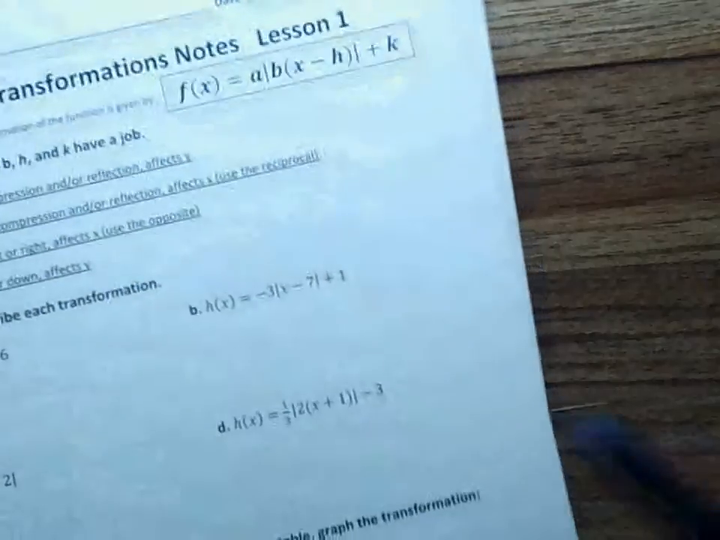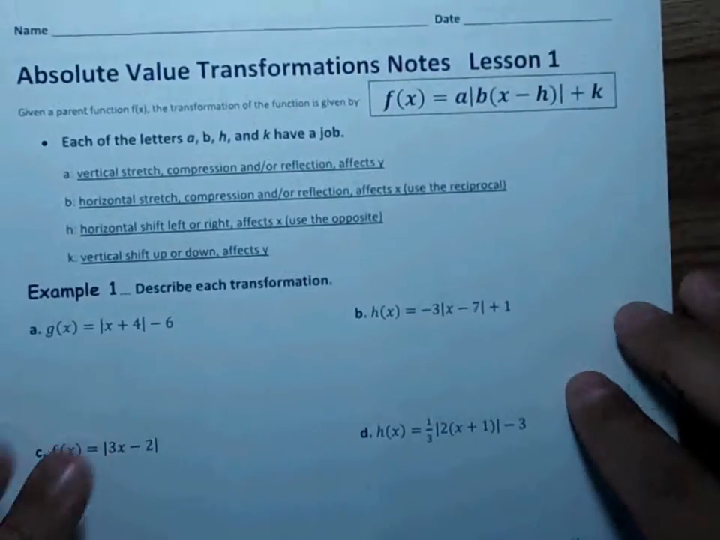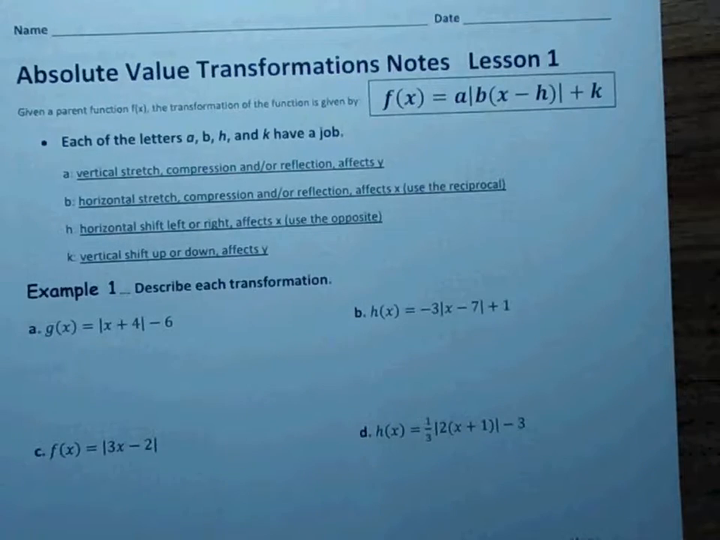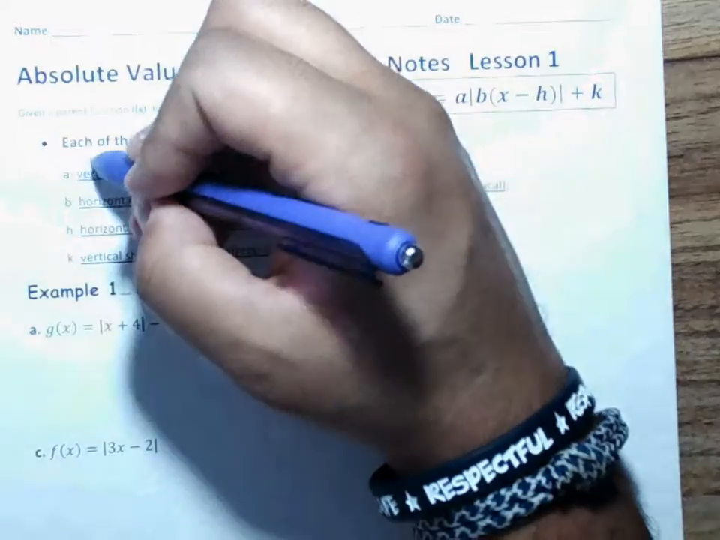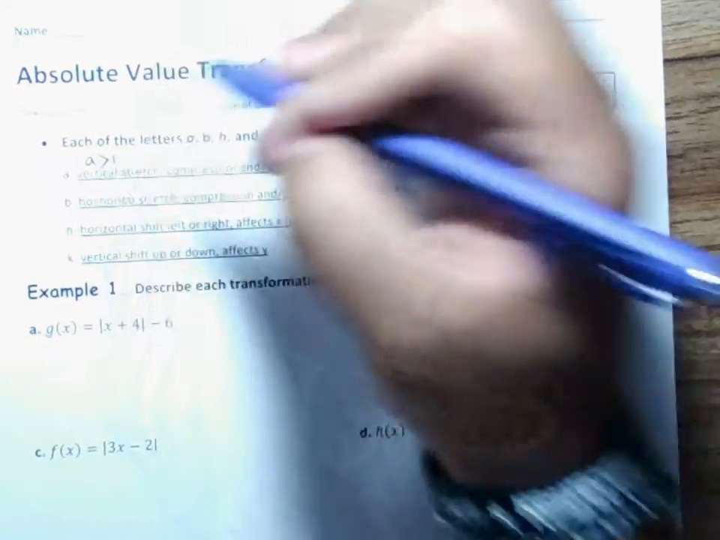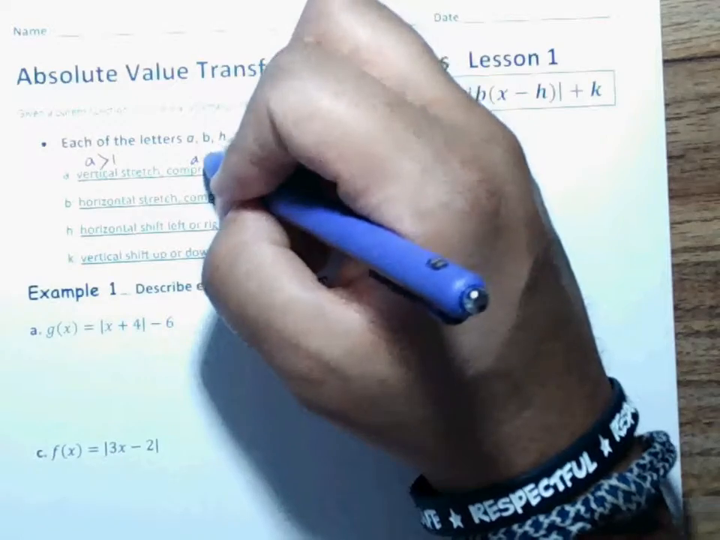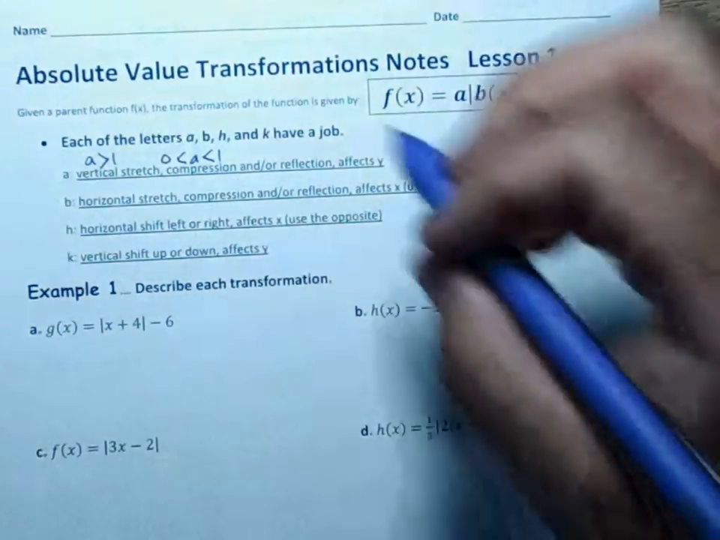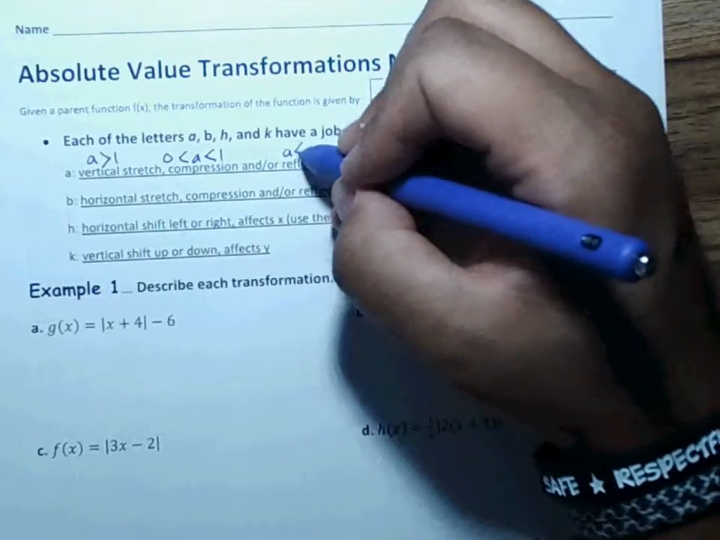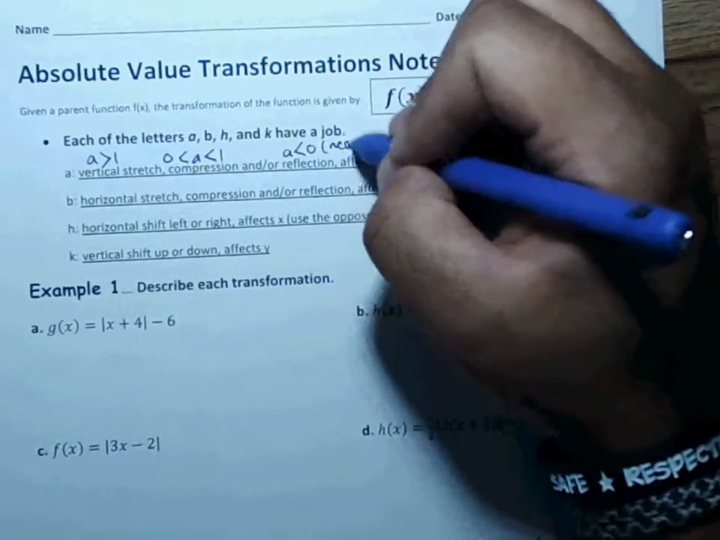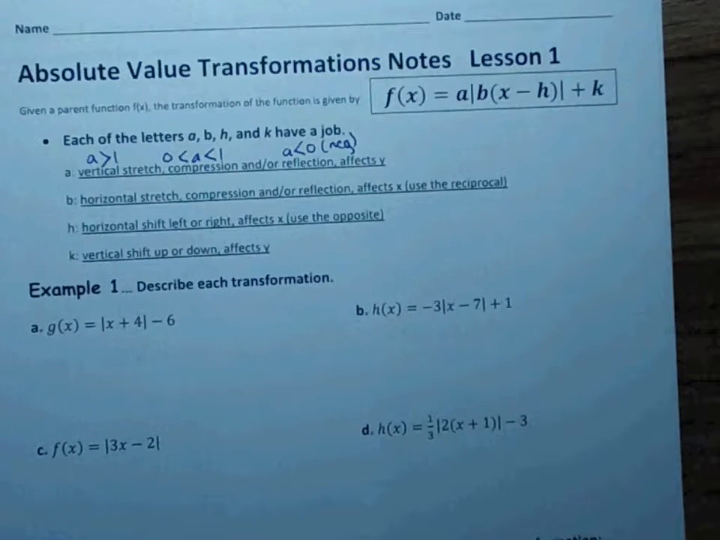So if we look at a few more examples, this is just a reminder up top of what all of our components of our function do. And I'll let you refer back to that first slide if you want to know what does what. Actually, I'll just remind you all. So a vertical stretch. If A is greater than 1, it's a vertical stretch. If A is less than 1 but greater than 0, it's a compression. And if A is less than 0, which is a negative, it reflects it across the x-axis and it affects